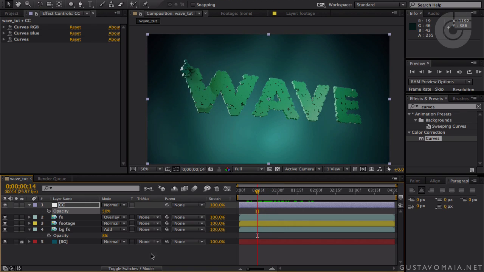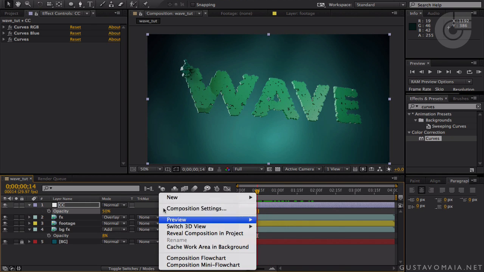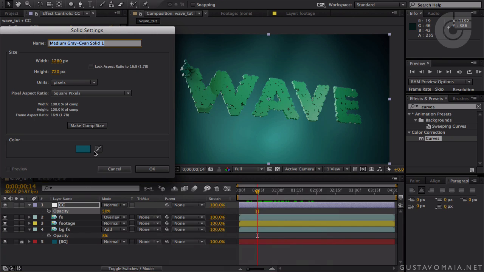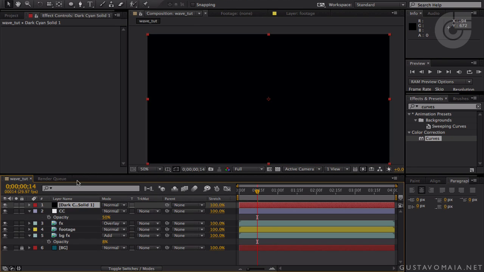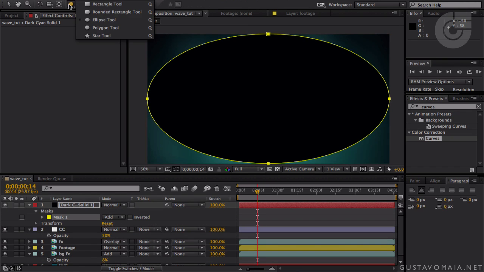And let's create a new solid, make it almost black, kind of bluish, really dark blue. And then double click on this ellipse. If you don't see the ellipse, you can click and hold and choose the ellipse tool. And now we just created a mask in the shape of an ellipse. Invert the mask,